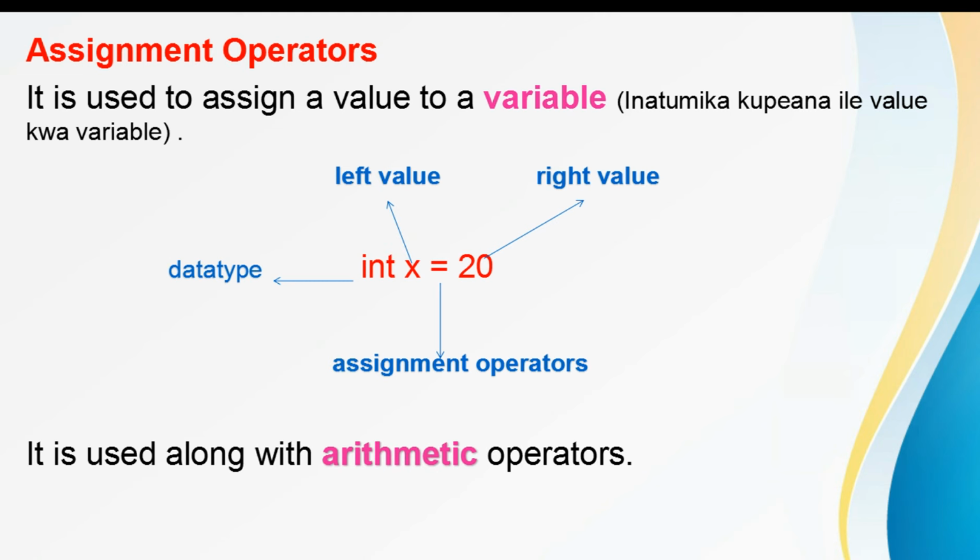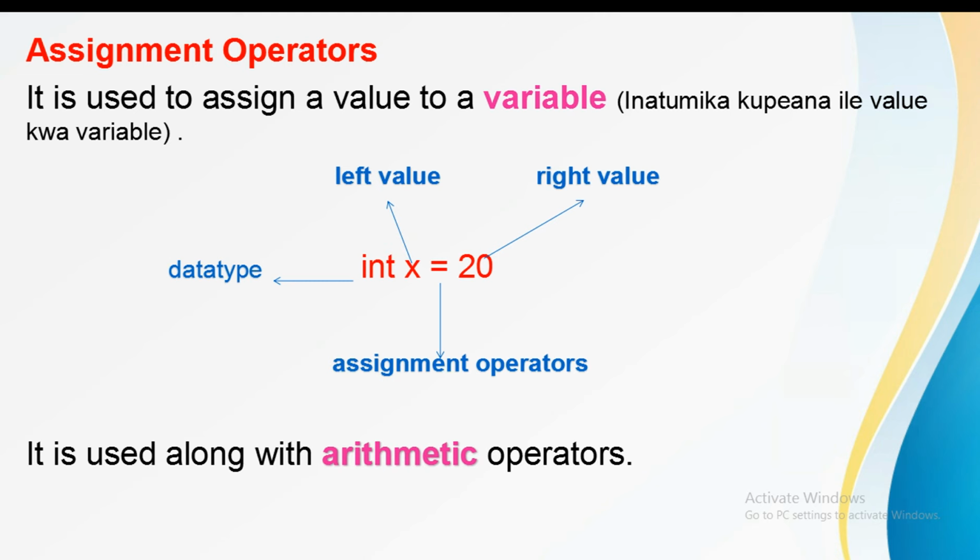X here is the left value, then 20 is the right value. Then we have the equal sign. The equal sign is what is the assignment operator. Hiyo ndio tunaita assignment operator. Then data type is int, integer, that represents an integer. We said when we are declaring a variable, we start by giving the type of that variable. So here we have given a type as an integer. So the symbol that is in between the left value and the right value is what we mean by assignment